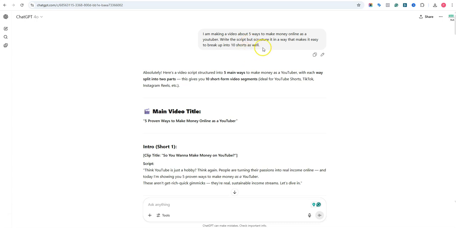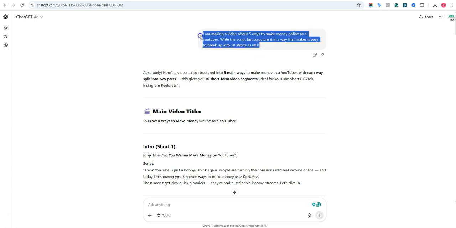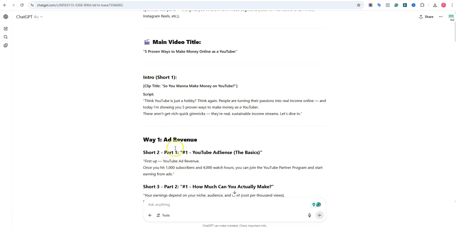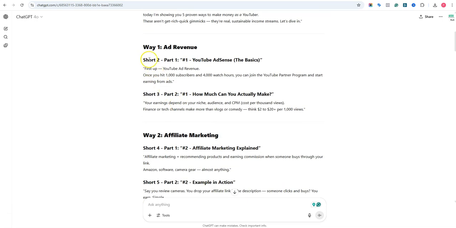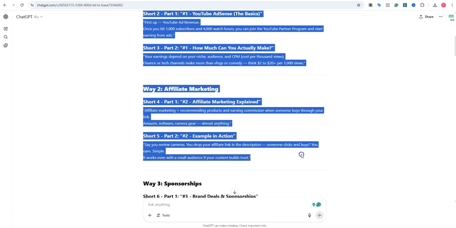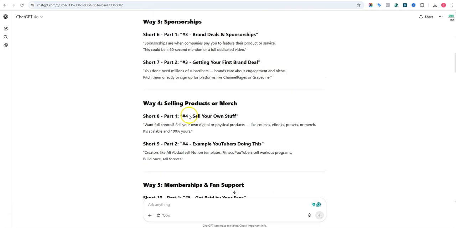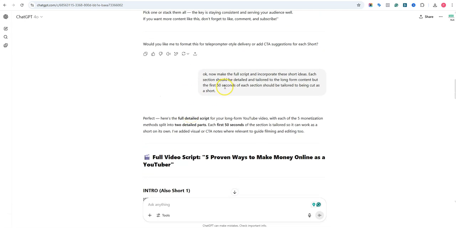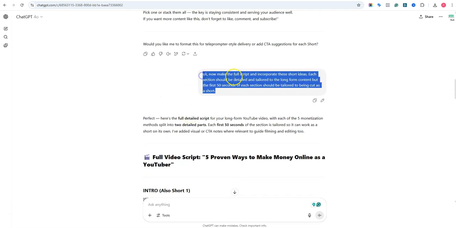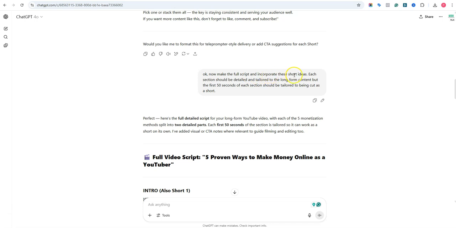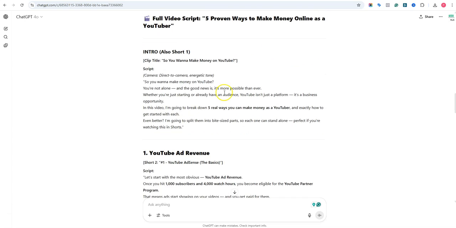So you can read this here, right, and you can see what came back. Obviously, this is not enough to make a long form video, but these are fine to start with for short form. But here you can see my second part is now: make the full script and incorporate these short ideas. Each section should be detailed and long enough for long form content, but the first 50 seconds of each section should be tailored so they can be cut for short. In other words, here,